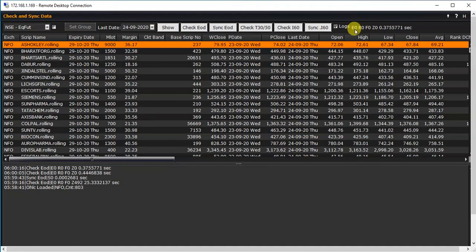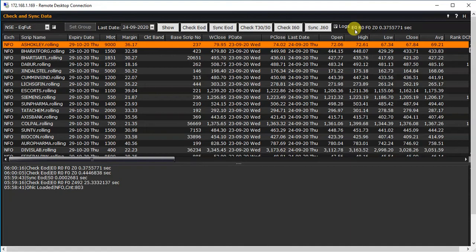Or if that number which is adjacent to E is not reducing after clicking 2 or 3 times on check EOD, that means the data is updated.